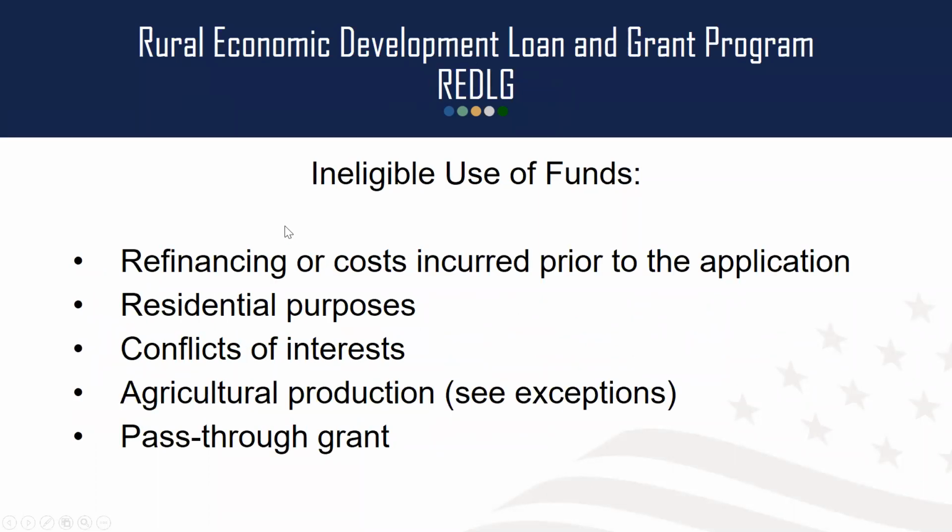Limitations or ineligible uses of the funds. It cannot be used to refinance existing debt or any cost that was incurred prior to applying for funding. Residential purposes, so no residential purposes are eligible. If there's a conflict of interest or agricultural production, there are some exceptions to the agricultural part, and those exceptions